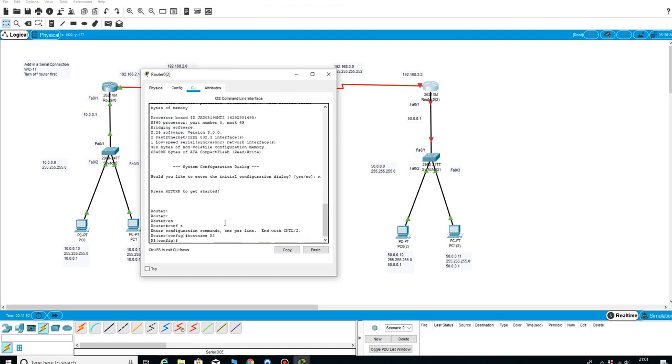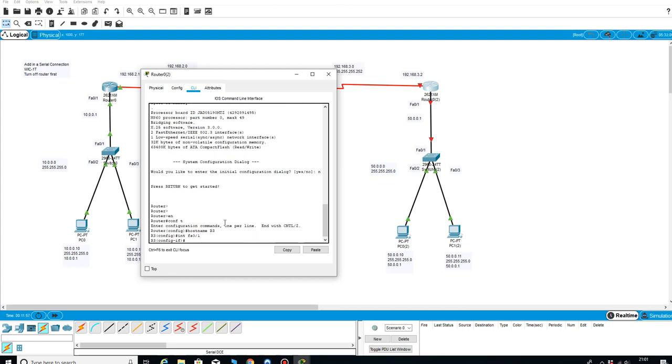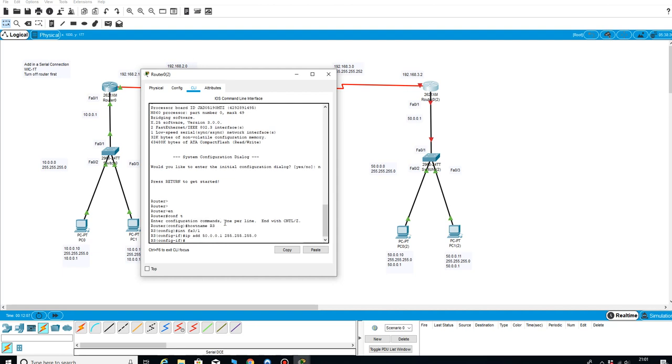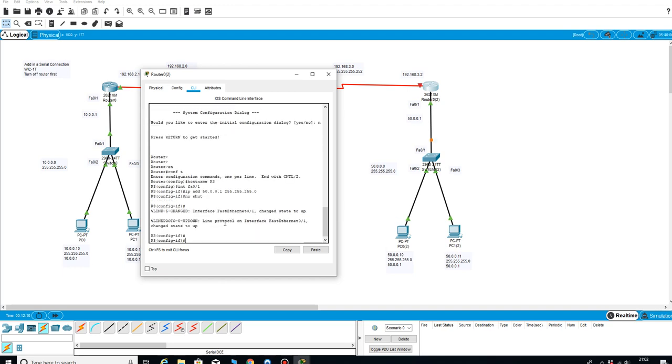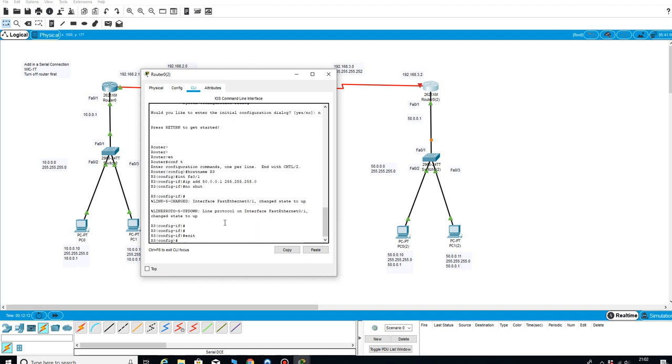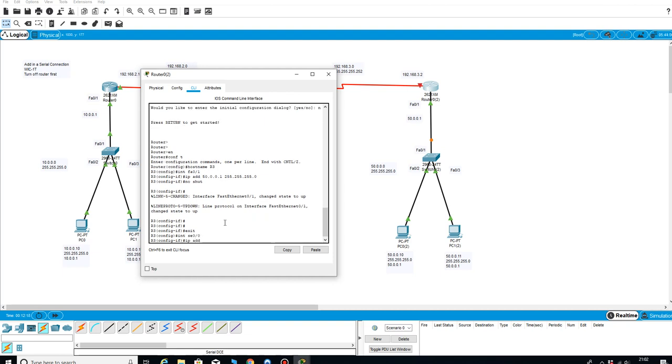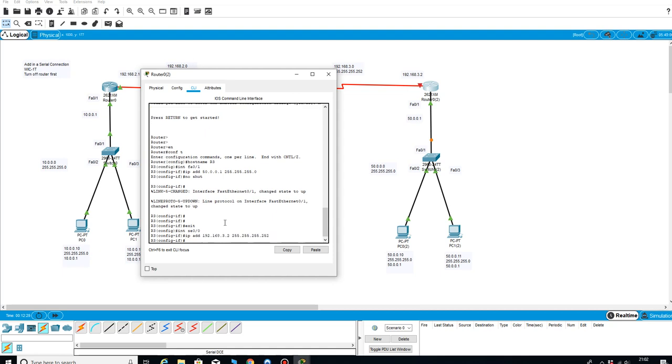And now we need to go to interface FA01, IP address 50.0.0.1, 255.255.255.0, no shut, exit. Interface SE00, IP address 192.168.3.2, 255.255.255.252, no shut,